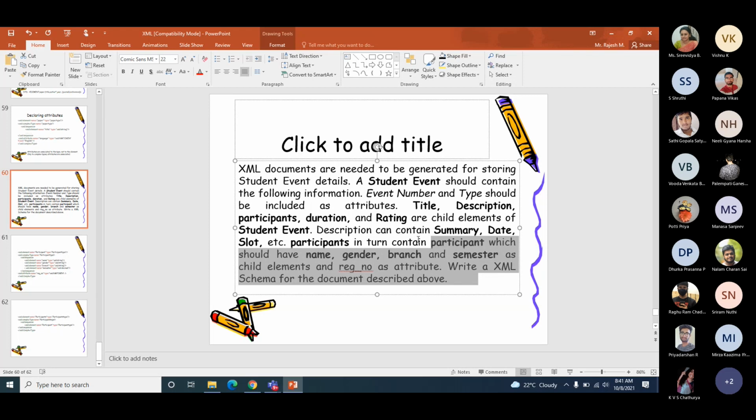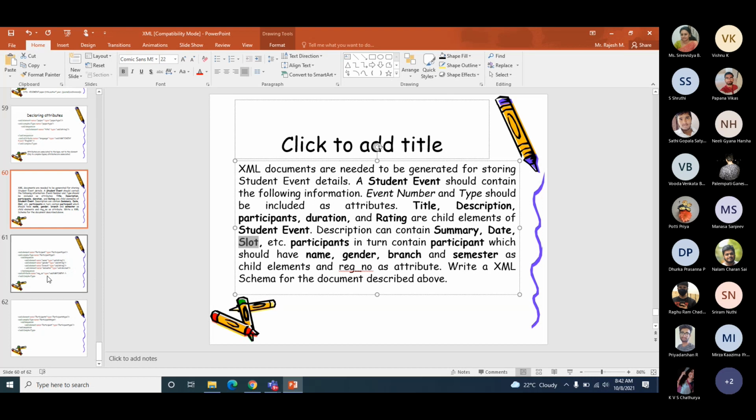Now what we require is we have to declare summary, date, slot. These are part of another element called description. So now I want you to do the same way. Description is going to have a user defined type, and that type has to be defined as a complex type element.